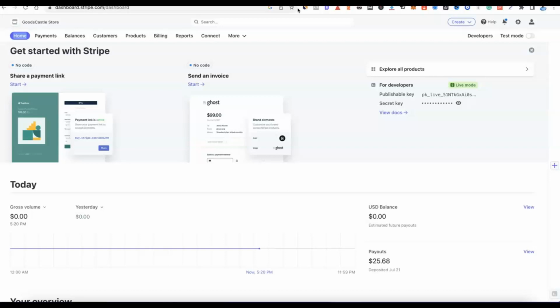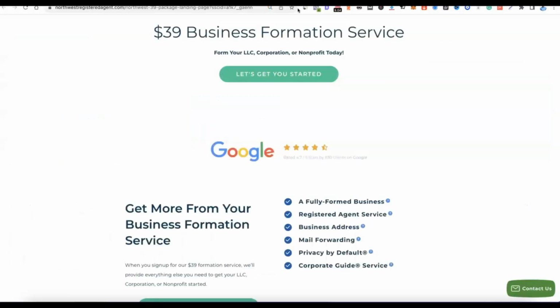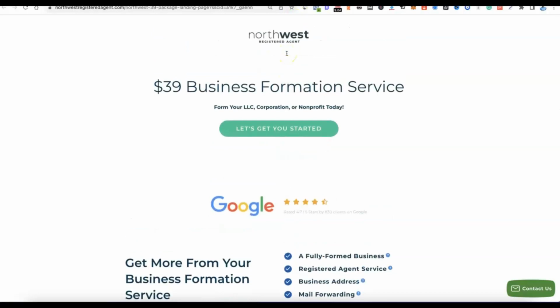All right, so for us to be able to do this easily and successfully, I'm going to be recommending a registered agent to easily set it up for us. All right, so the name of this registered agent is Northwest Registered Agent. So we're going to be using their service to create our business in the US, then also use them for